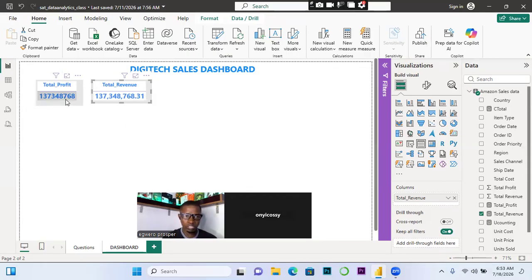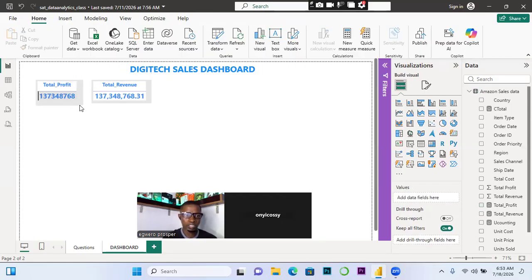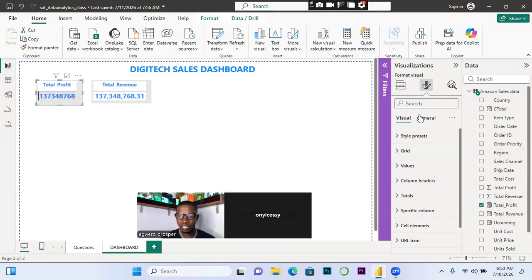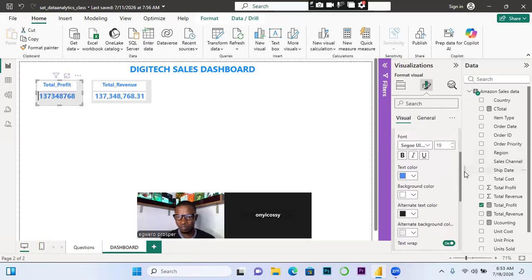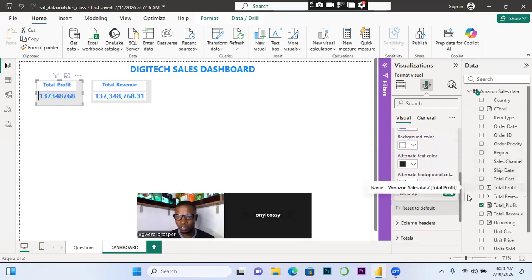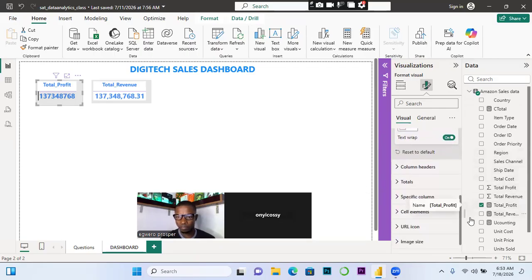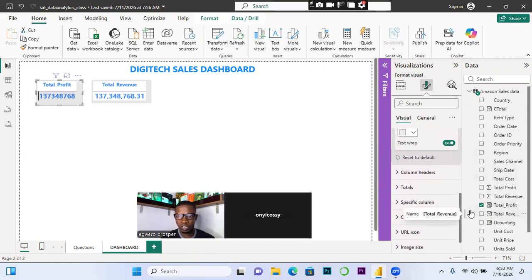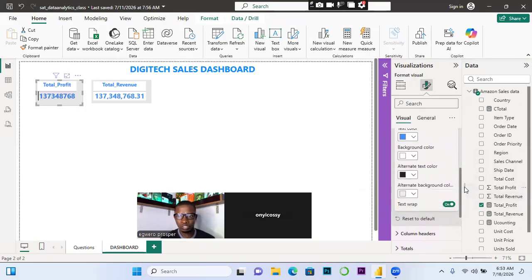For example, this particular card is displaying, I think, 8 million. So I can also update it. Come back to this and then go to the value section. So let's go down to where you have display. Here we can change it to